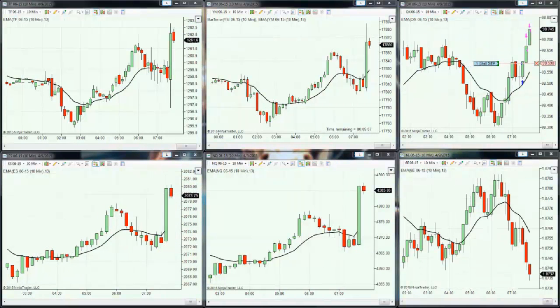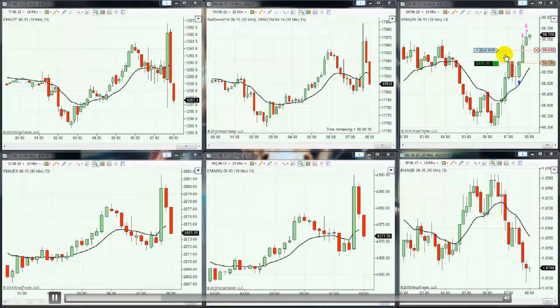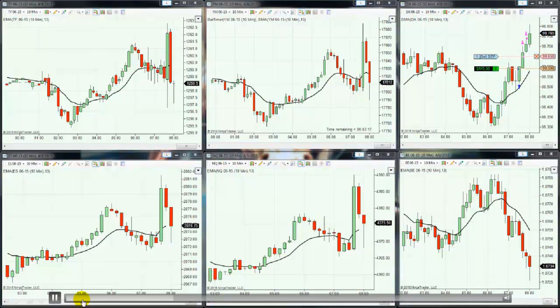And that's what you'll see on your screen. Now the second profit maximizer target was taken out. Now for the people that can trade the running trade, you're going to see that the stop loss is going to trail the price action just like it did here. So money management is built into these alerts, so you don't have to worry about it. I'm going to fast forward a little bit,